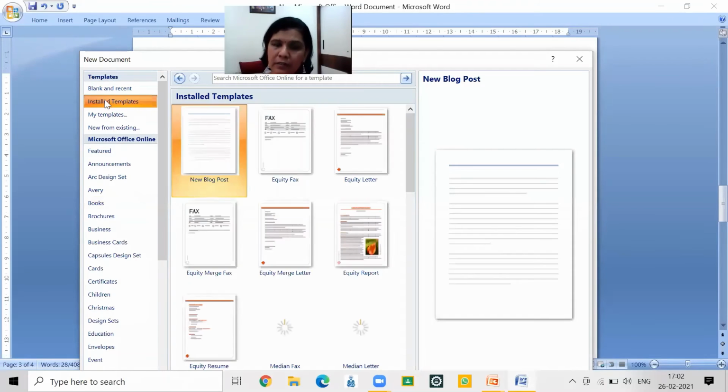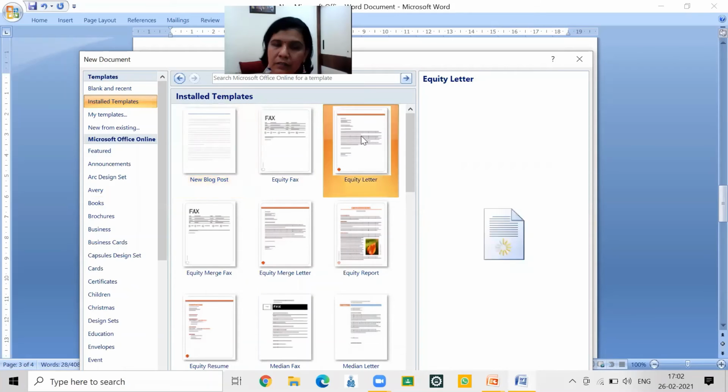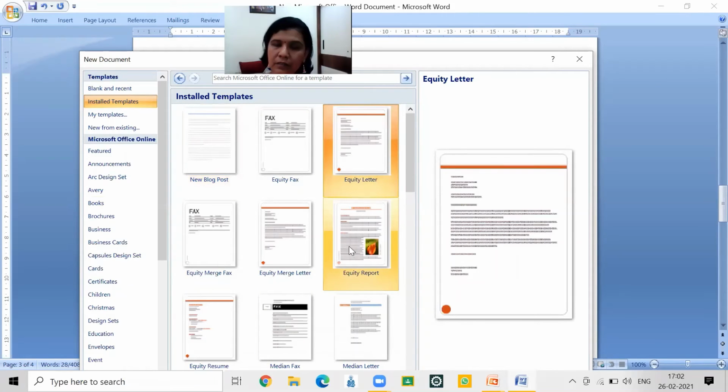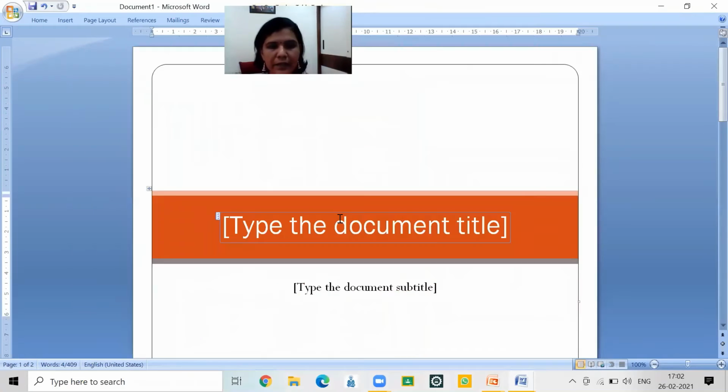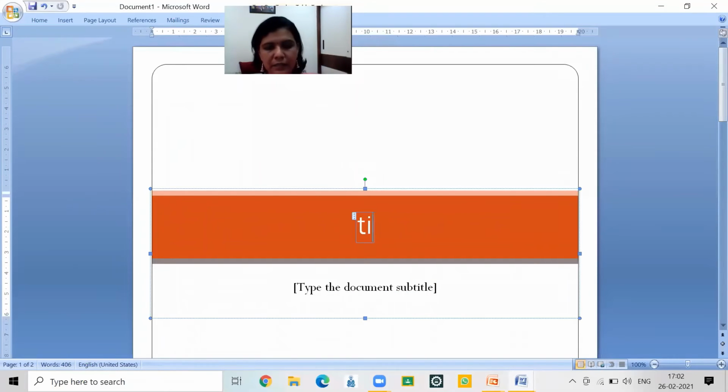Some installed templates are always there, like we have seen the equity letter or equity report. See this one. If I double click on it, the things are there. You can modify. Now you can put the title.